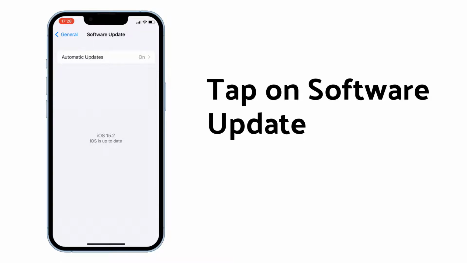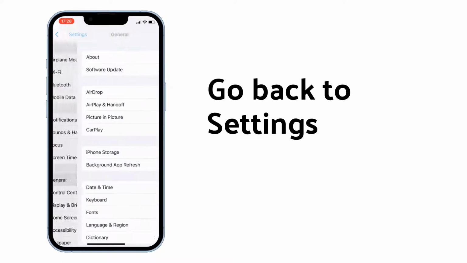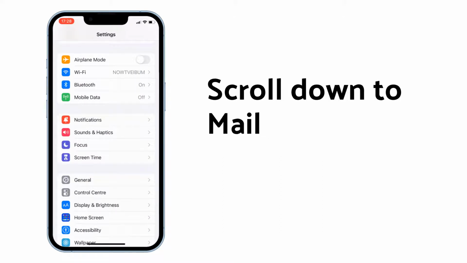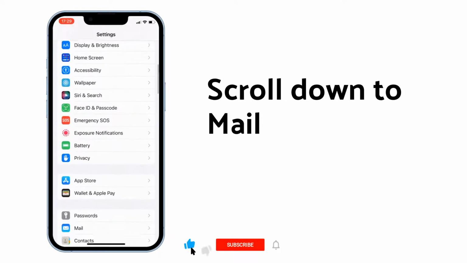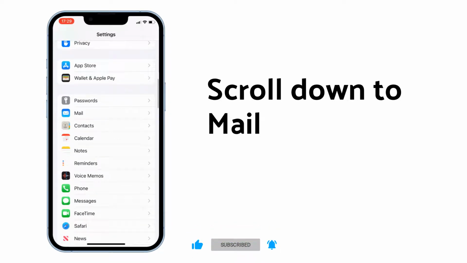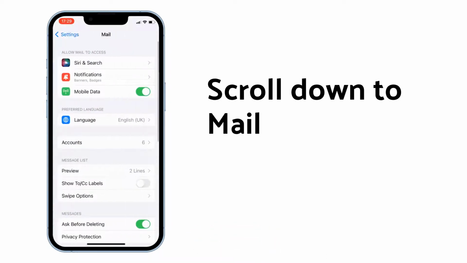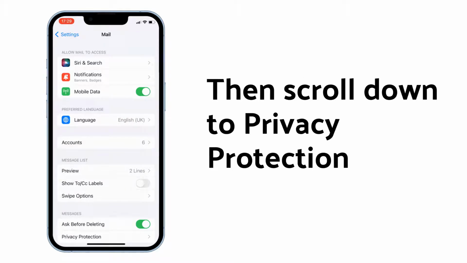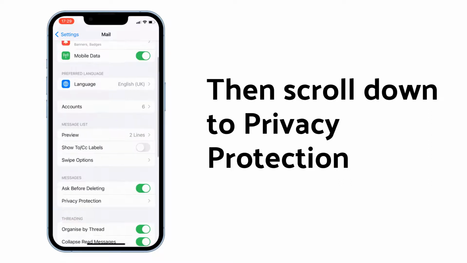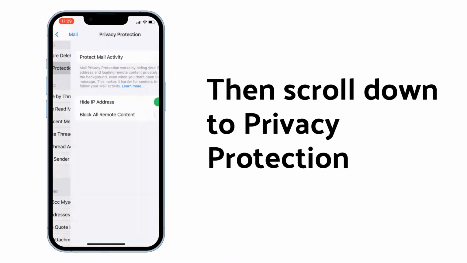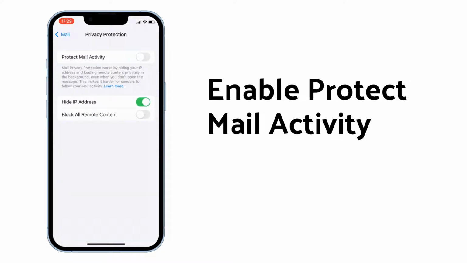To enable Mail Privacy Protection, go back to Settings. Scroll down to Mail. Then scroll down to Privacy Protection. Enable Protect Mail Activity. Mail Privacy Protection helps protect your privacy by preventing email senders from learning information about your